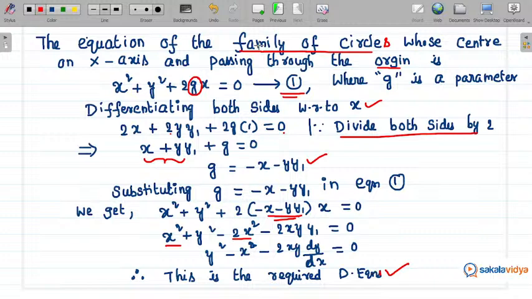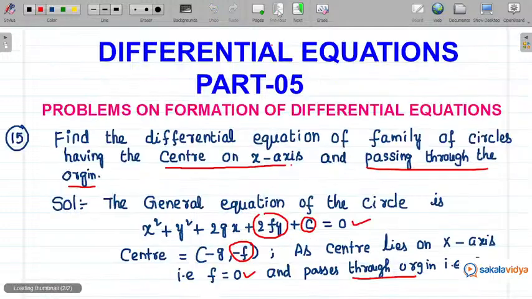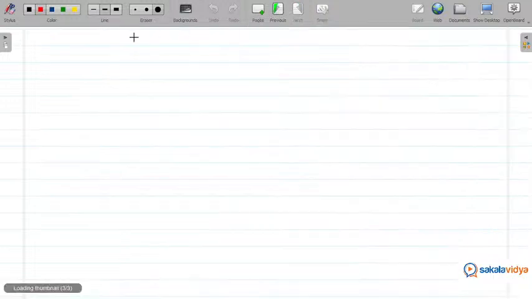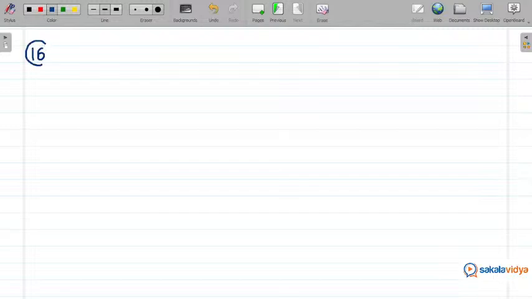Okay, let us proceed to the next question now. 16th question. Form the differential equation